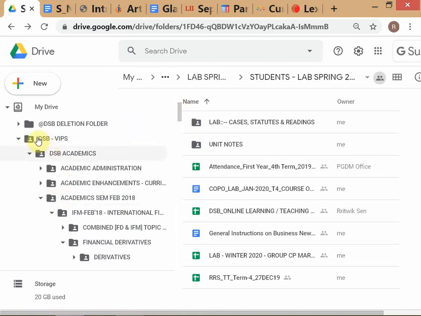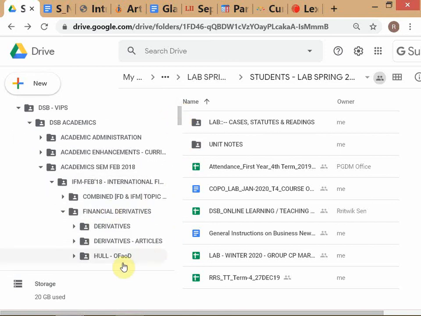Okay. So here these are high level categories and these are low level categories. Now if you go down to say here, then this is like a low level. If you're going down to derivatives at this level, it is much lower level than this. This is clear? What I mean by high level, low level categories?